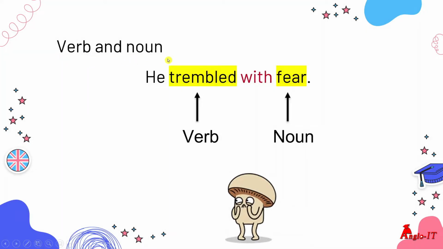Next, verb and noun. He trembled with fear. Here trembled is the verb, fear is the noun, with is the preposition making the relationship between this verb and